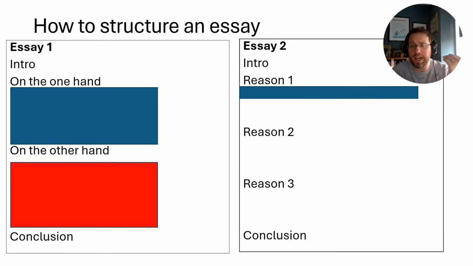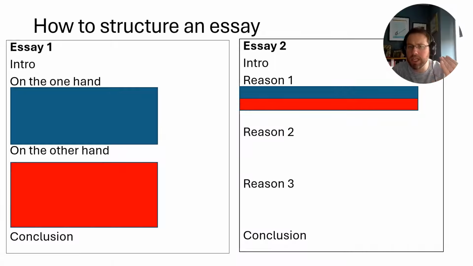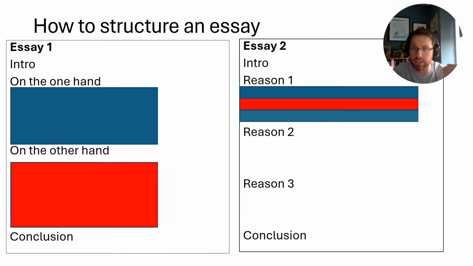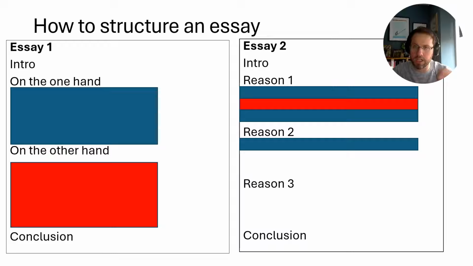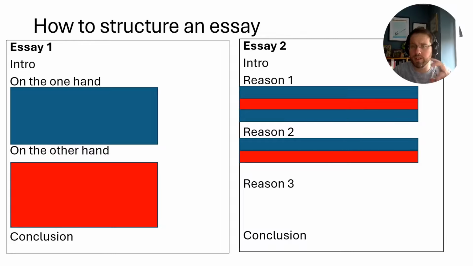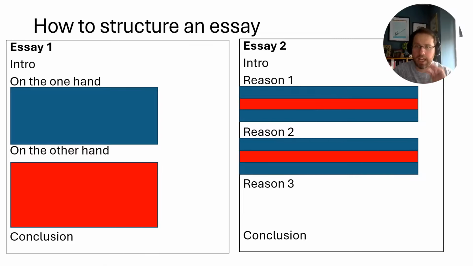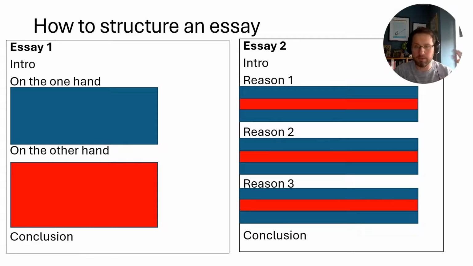But for every reason, like reason one, there's probably a weakness or a counterpoint that you need to engage with. So you can include that argument here, and then you can come along and rebut it or engage with it and respond to it. And so you're bringing back in blue. Likewise for reason two, here's your argument or your position in favour of it. Here's the weakness in that position, or here are alternative perspectives. But nevertheless, here's why you're in favour of your position. And the same with reason three.